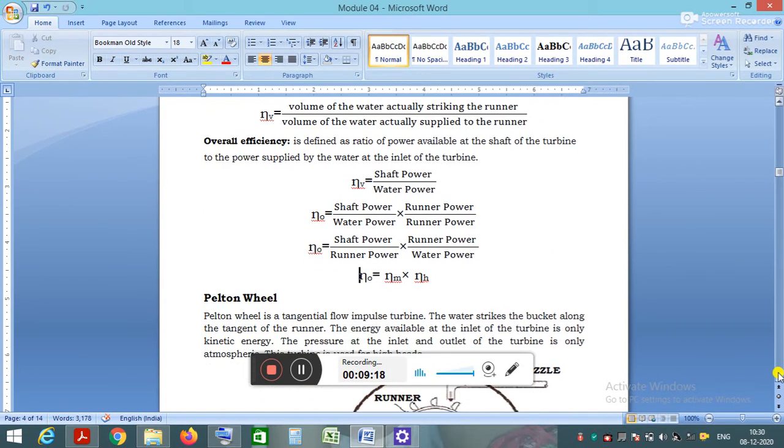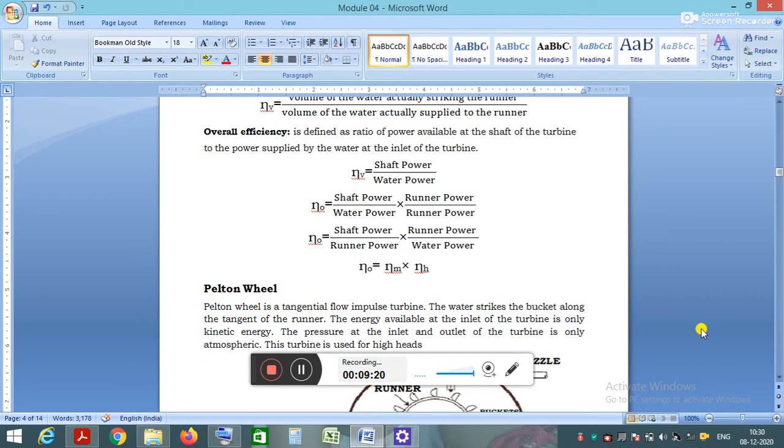We already discussed that there are three types of water turbines we are using as of now: Pelton wheel, Francis turbine and Kaplan turbine. Francis turbine and Kaplan turbine are reaction turbines where there is no nozzle. In case of Kaplan turbine and Francis turbine, there is no nozzle. Whereas Pelton wheel is an impulse turbine where the water from the